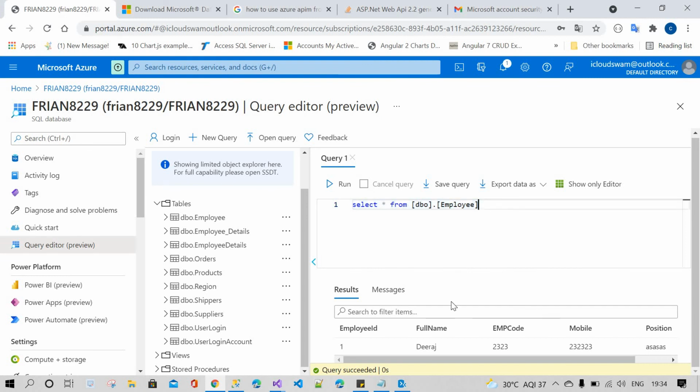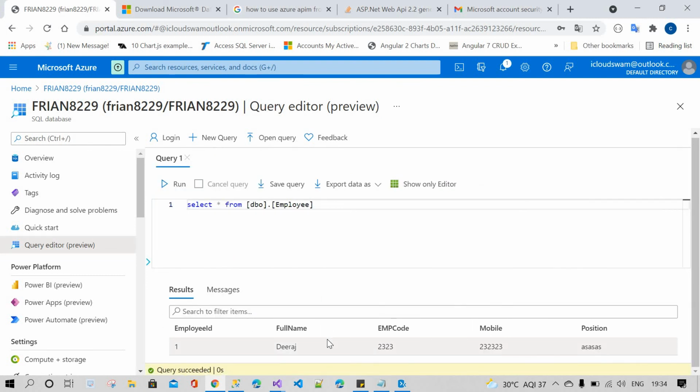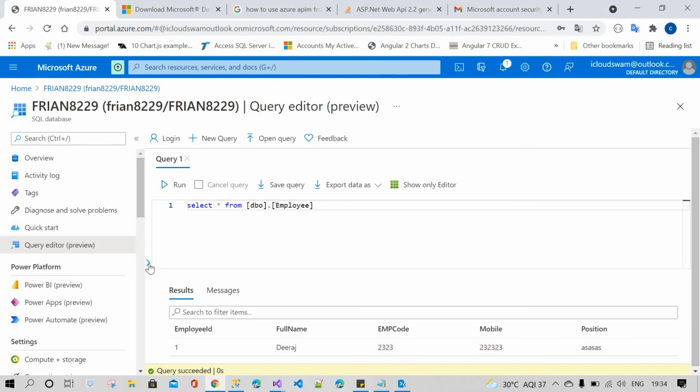Now you can see you have the data. Yes, this is the data we have.